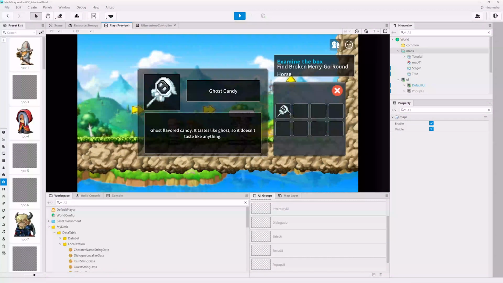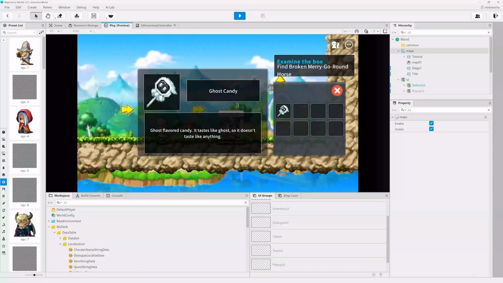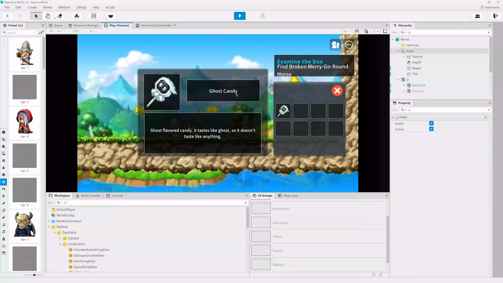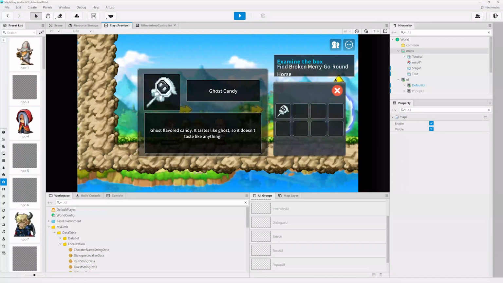And now we'll see that we have an item. If I click on that item, you'll go ahead and see information about that item pops up. So we see this is a ghost candy. We have here the icon for the item, and here we have a description. So now that we kind of understand what this inventory system does, let's see how we would build something like